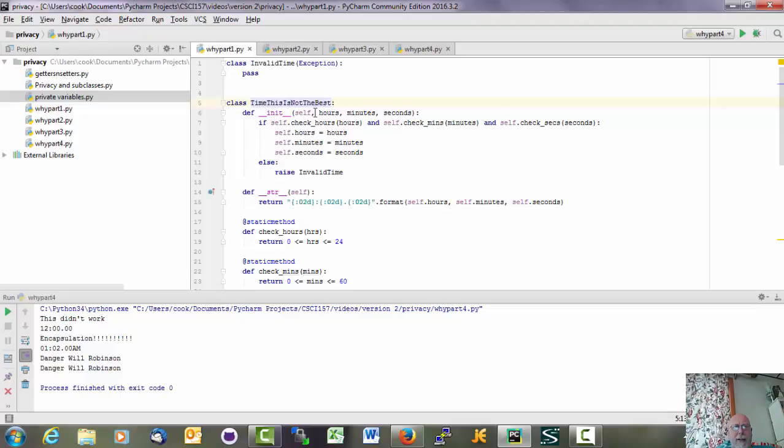In the init method, we run a check function for the hours, the minutes, and the seconds. And if the hours, minutes, and seconds that are being passed into the init pass whatever these checks are, then we go ahead and create attributes inside the class for hours, minutes, and seconds. And if they don't pass whatever these checks are, then we raise an InvalidTime. Now,